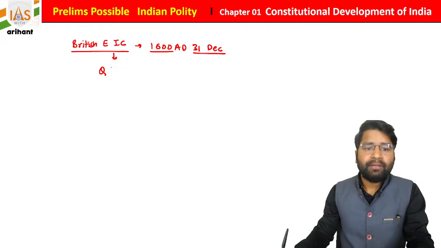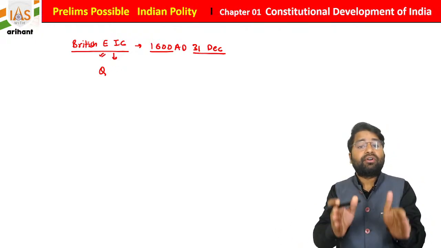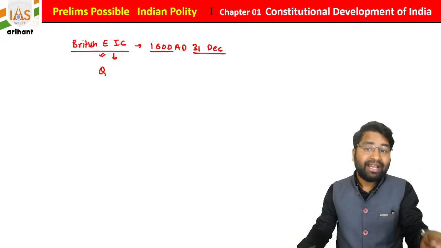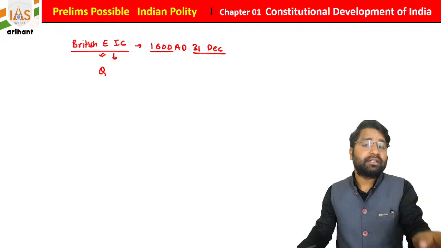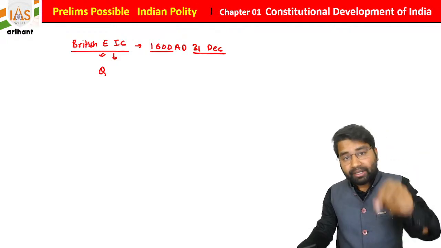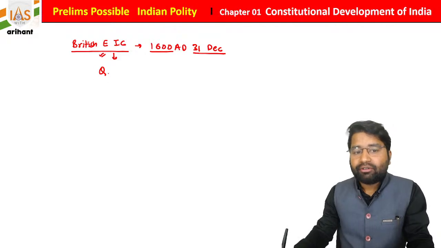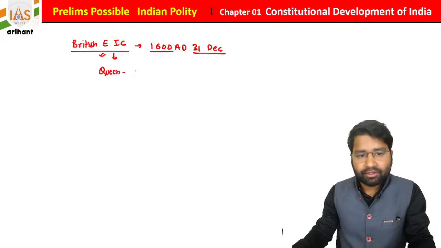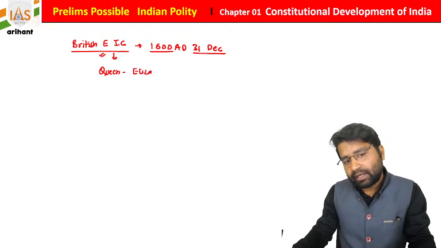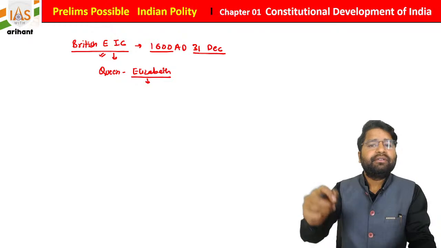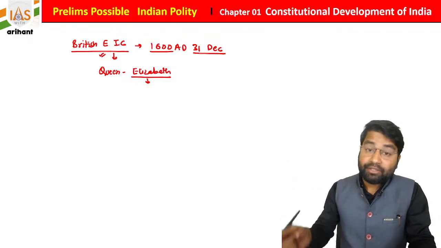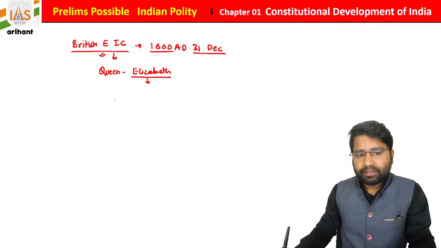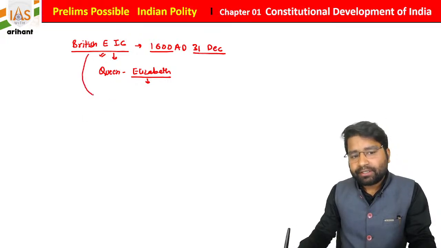monopoly. What is monopoly? The British East India Company got a right, meaning only the British East India Company would come to India and trade here. No other company from Britain could trade in India. So they got a monopoly, and that monopoly was given through a charter. The queen was Elizabeth. So Elizabeth I gave the British East India Company a monopoly to trade in India. One very important thing, students: the British East India Company was created and they came to India in 1608,